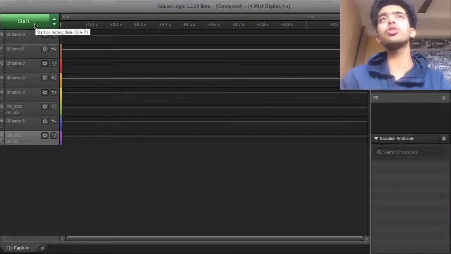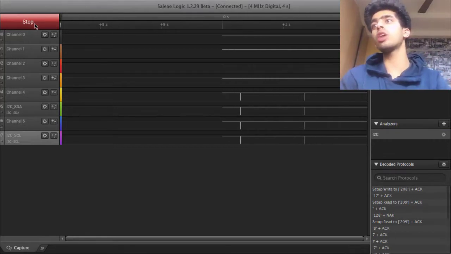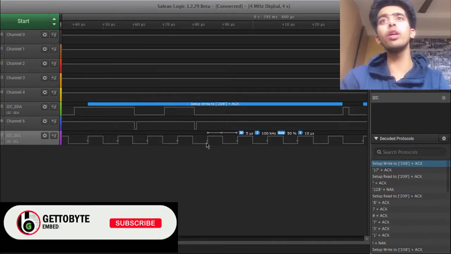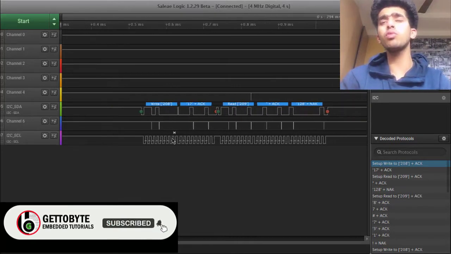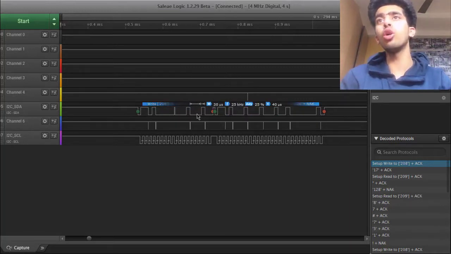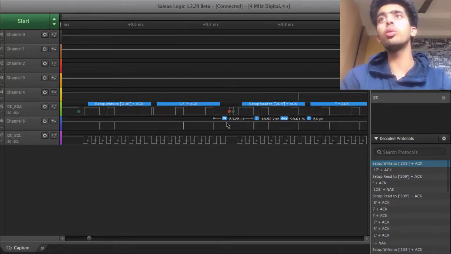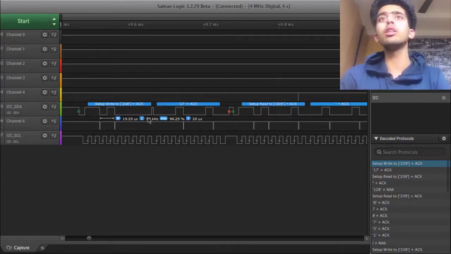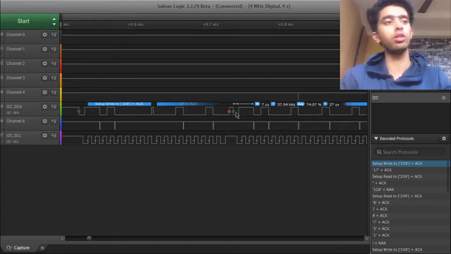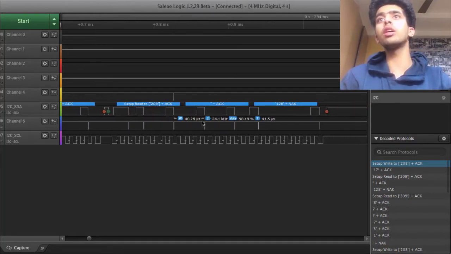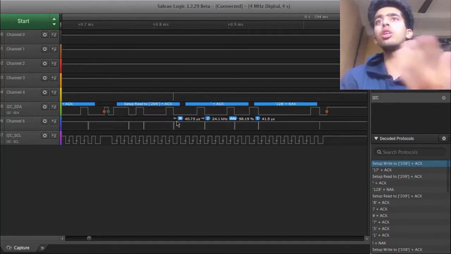Now if we start the I2C session, you will see that it has started decoding the protocol into the decoded protocol section. So this is how the logic analyzer proves to be very helpful. From here you can easily know when the session has started and when it has ended. If it has been acknowledged, then it means your session has ended. It will end with a red color saying that one I2C session has been terminated. Then again it starts with a green circle, meaning that my I2C session has started, and it will keep on sending the data.